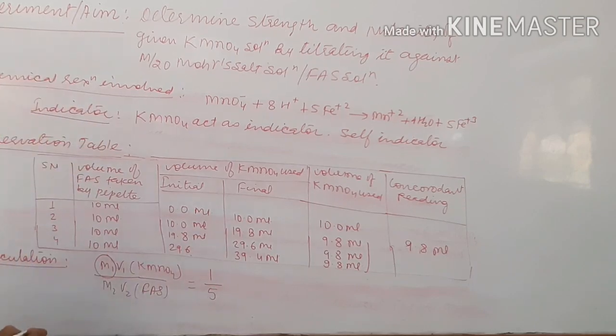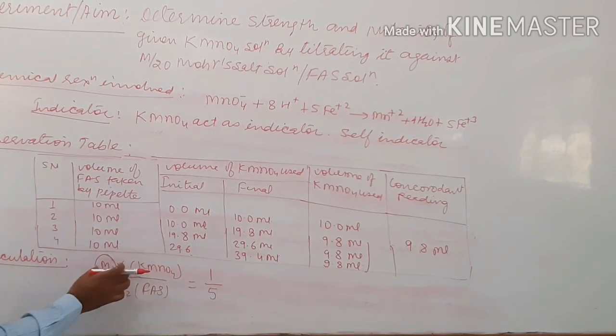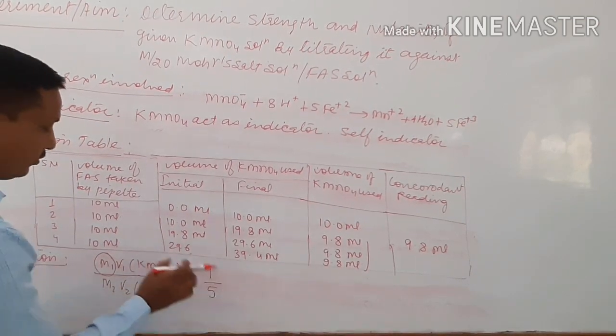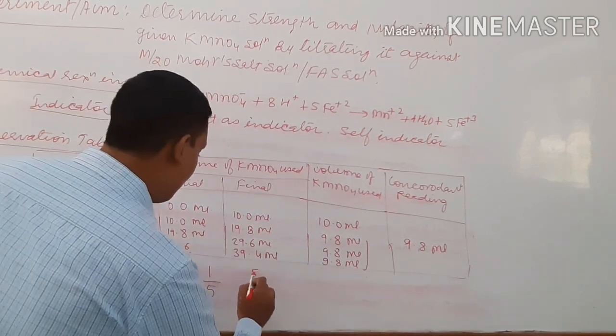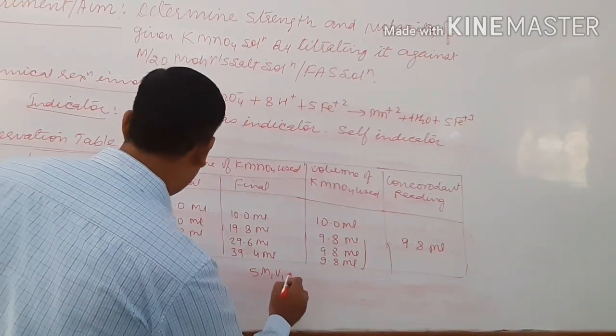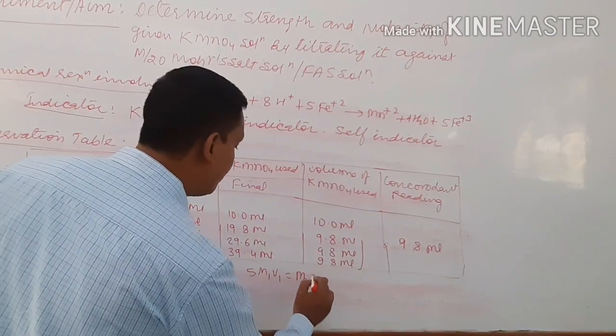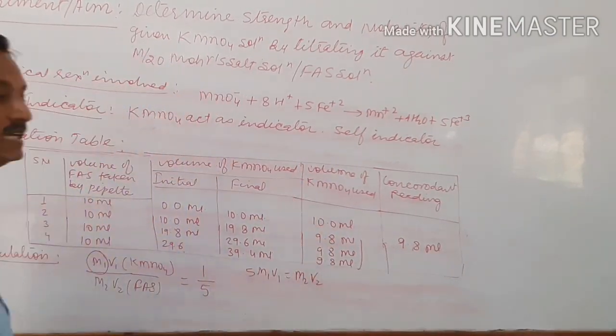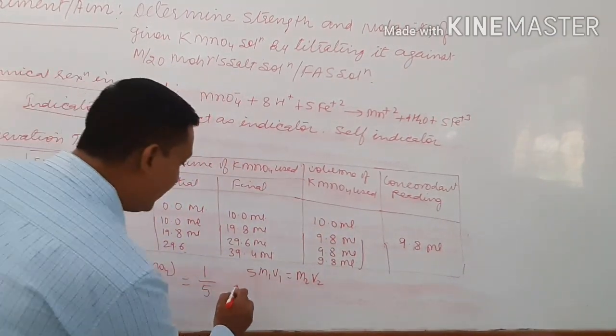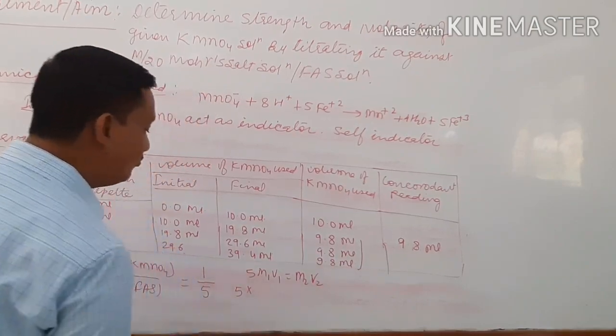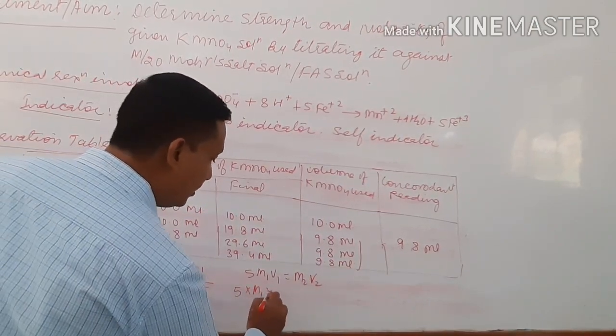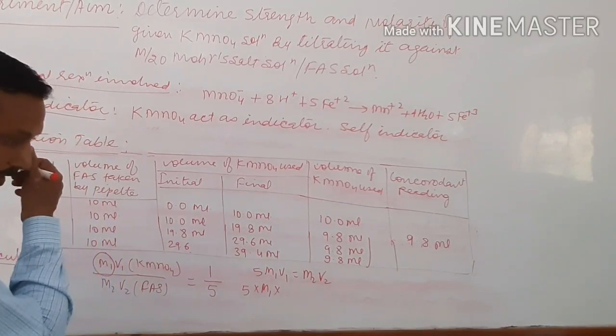So m1v1 upon m2v2 equals 1 upon 5, or we can say 5 m1v1 equals m2v2. For this we can easily calculate: 5 into m1, into v1, the volume of KMnO4 used,